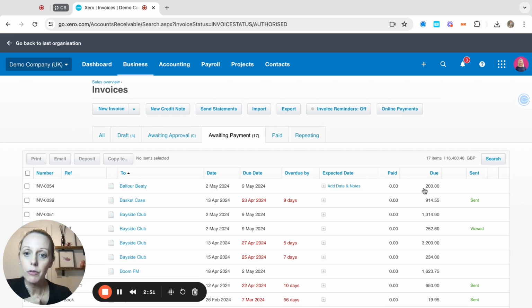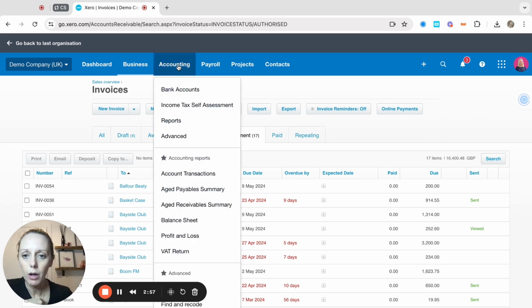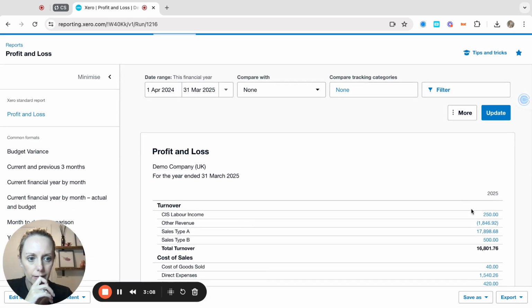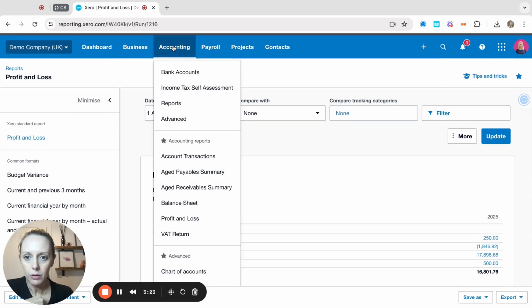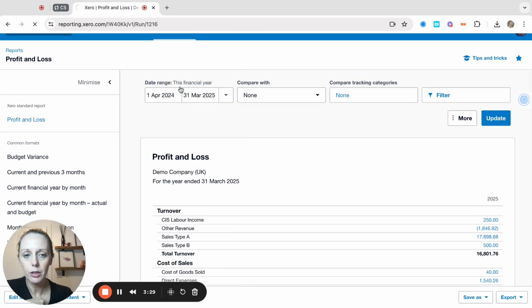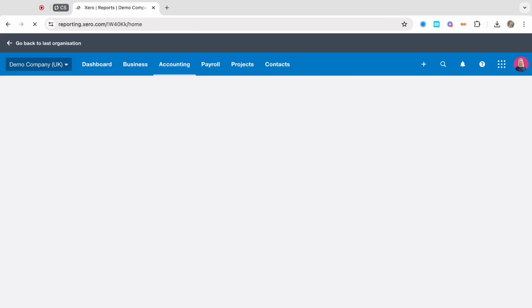However, the full amount of £250 is recorded in your profit and loss. So just to look, I'm just going to quickly go to profit and loss report. And if we look at the CIS labour income, you can see it's the full amount there of the £250. But what's owed to you is the less the CIS, but the full amount is shown as your sales. And what you'll find is you'll have a balance. And I'm going to go through these reports in a lot more detail when we come on to the report section. But what you'll find is that £50,